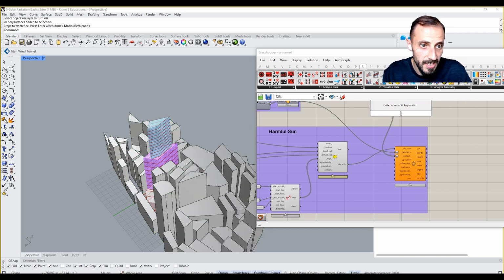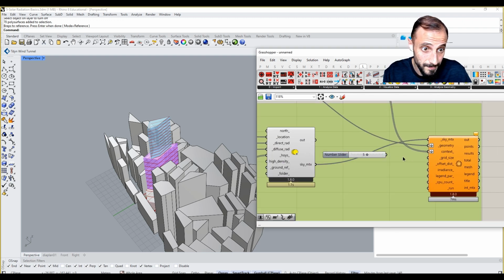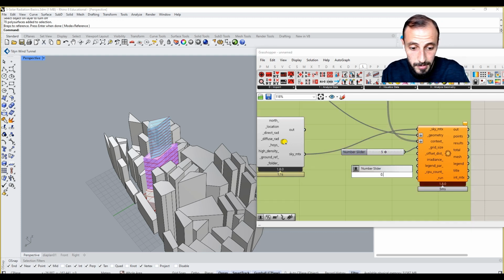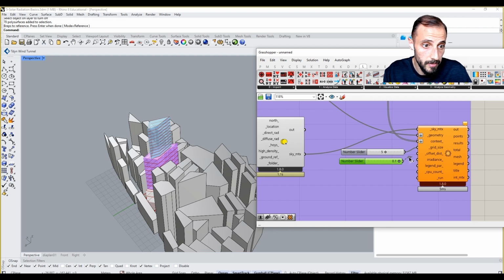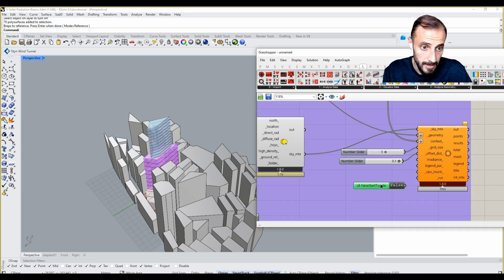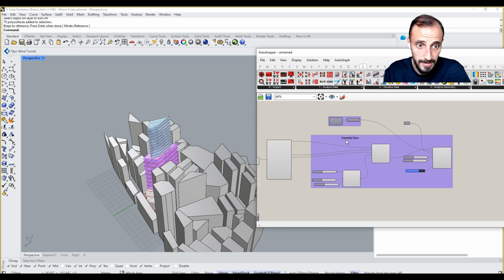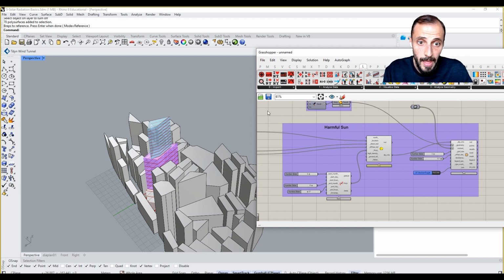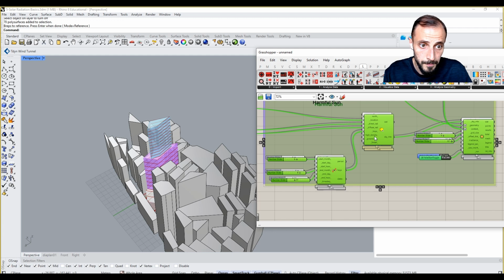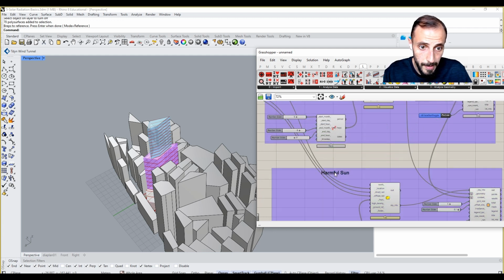And the grid size, let's start with something like 5 so that we see it. Okay, and offset distance is going to be 0.1, irradiance, blah blah blah, we don't need that, and we can put a Ladybug false toggle to this one. Okay, this is the harmful sun. And if I copy this and paste it down for the beneficial sun,